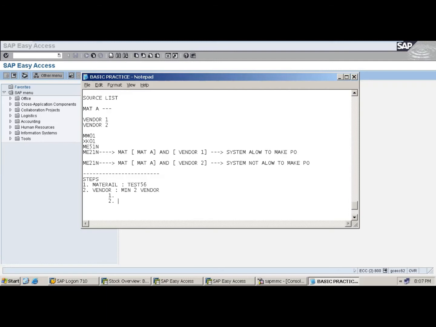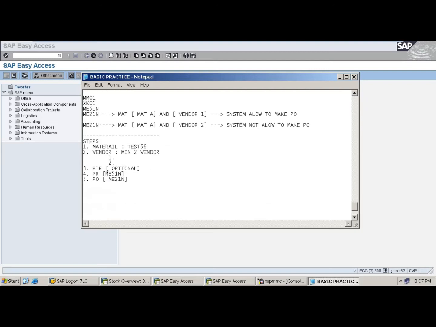I will create them now. Step number 3, PIR. I said it's optional. I will tell you later for which process PIR is mandatory. Step number 4, I create the PR using the transaction code ME51N. Then I create the PO using the transaction code ME21N.